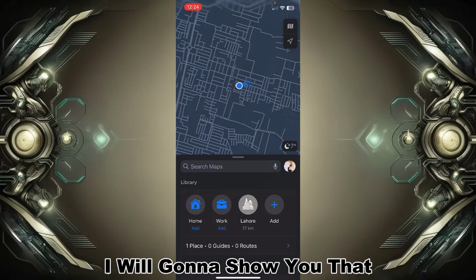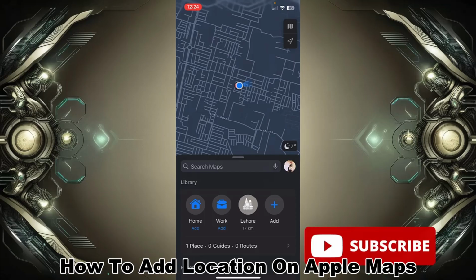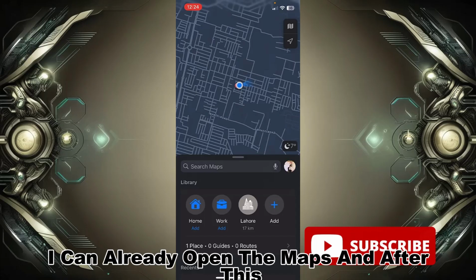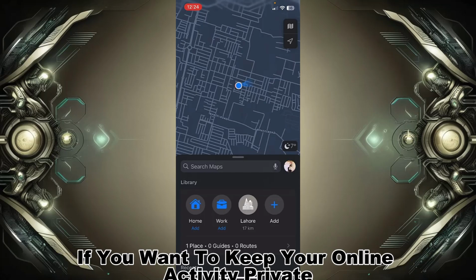In this video, I am going to show you how to add a location on Apple Maps. First of all, you can open the Apple Maps application. I have already opened the Maps, and after this,